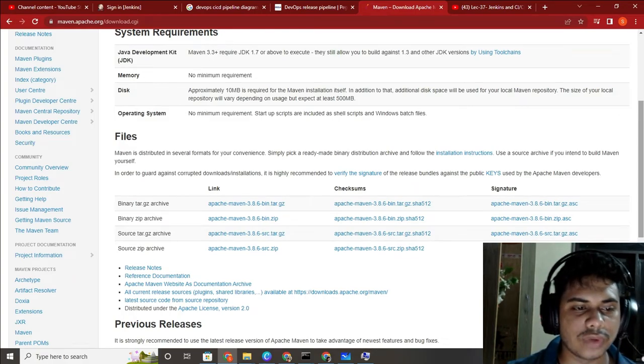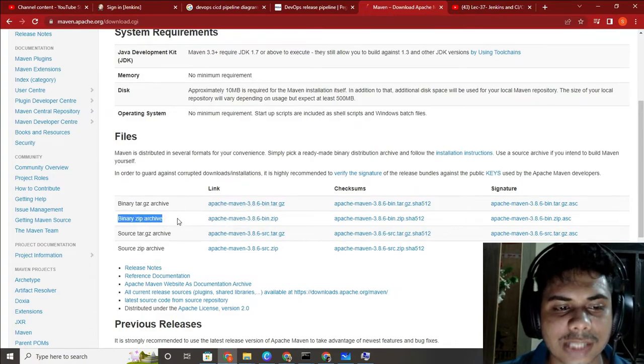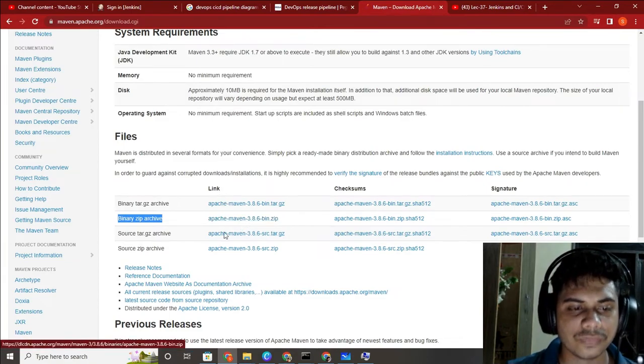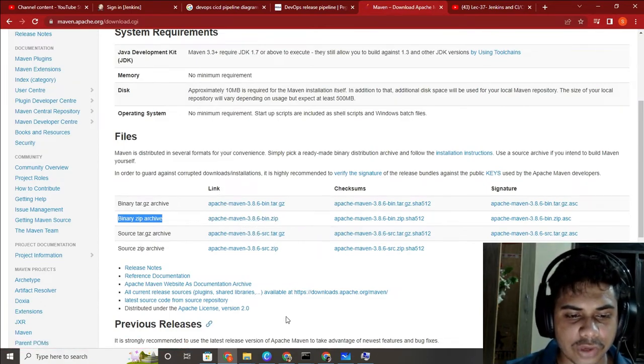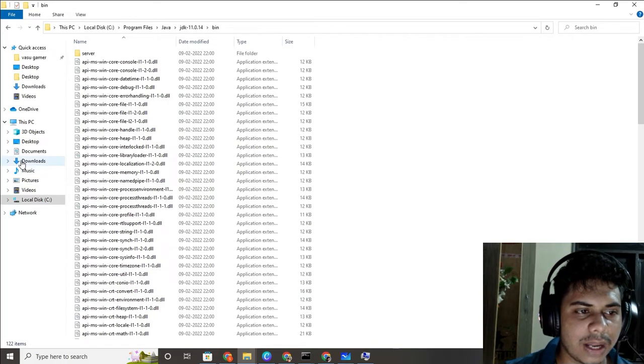So now you have to download this link, the binary zip. You don't have to download the source zip archive, you have to download the binary zip archive. So you have to download this one link. Okay, the link is here. After downloading, you have to open it, let me see, I think it exists in my